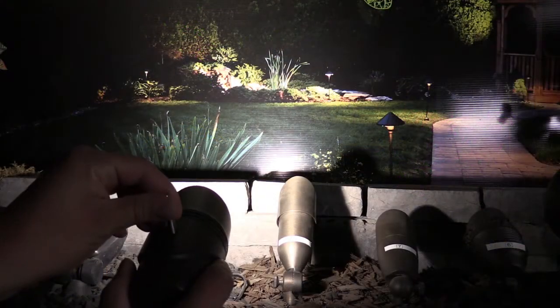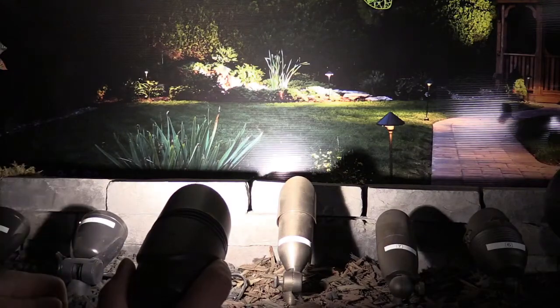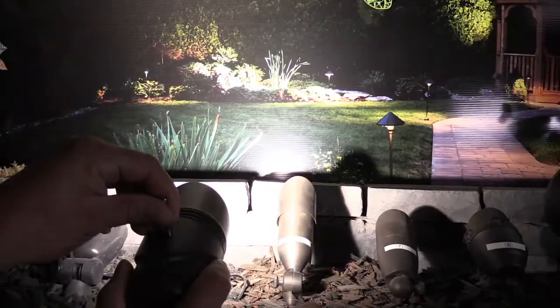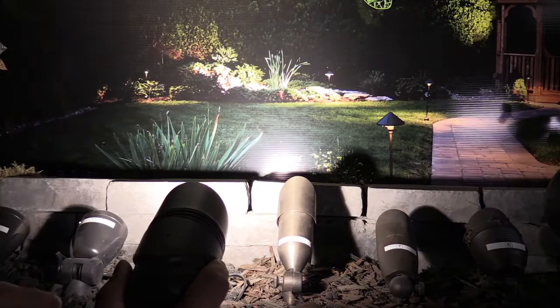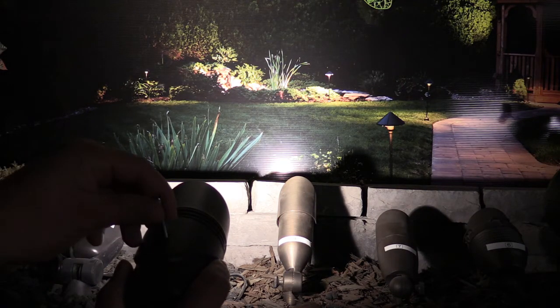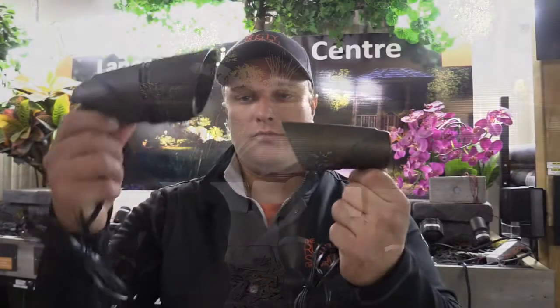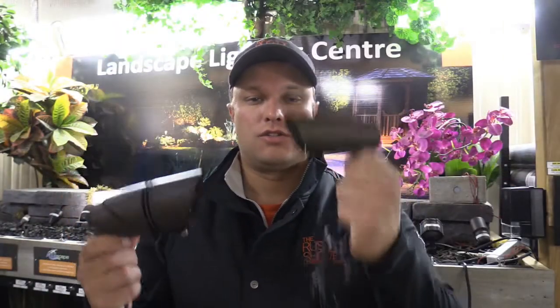if it's not quite bright enough, there's a simple magnet that you take, and there's a little dot on the top of the fixture that you hold the magnet to. It allows you to cycle through the electronic settings within the light fixture that's going to change the lumen output. So there's two fixtures, a small and a large, and the small one is going to put out 100, 200, and